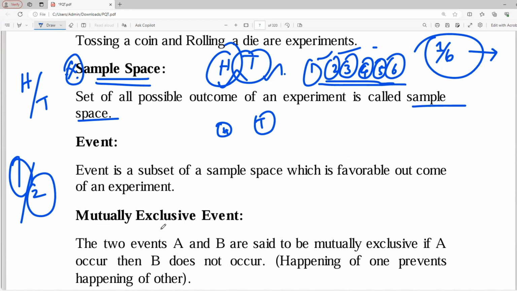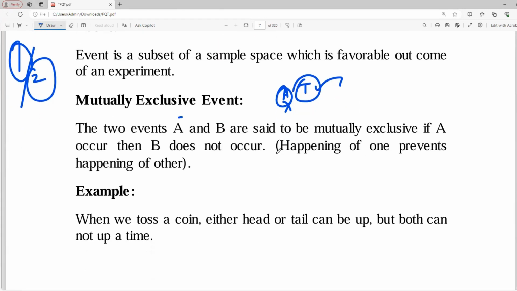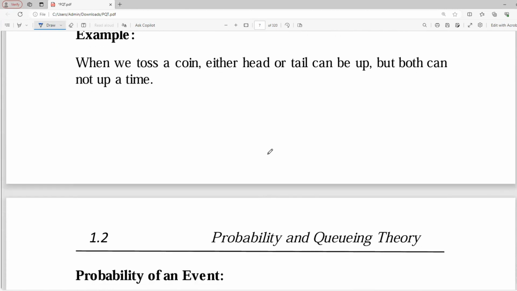Similarly, a mutually exclusive event is very simple. For example, if I'm tossing a coin, I might get a head or a tail. If I'm getting a tail, I will not be getting a head. That is, one event makes sure the other event does not occur. That is called a mutually exclusive event. Okay,